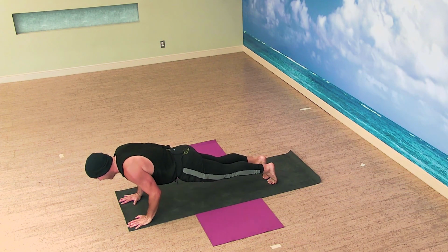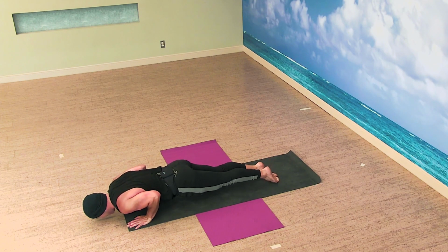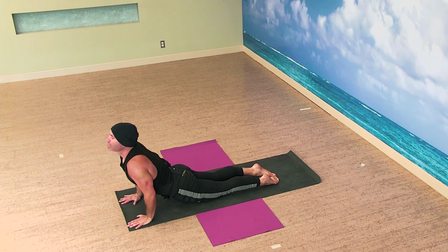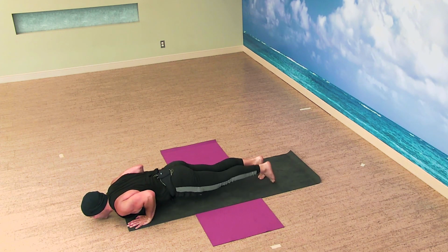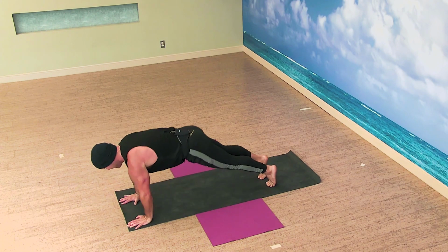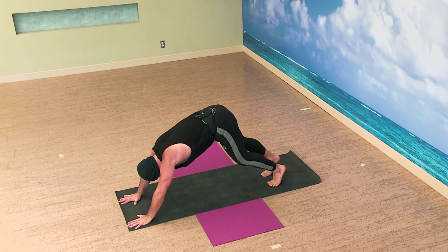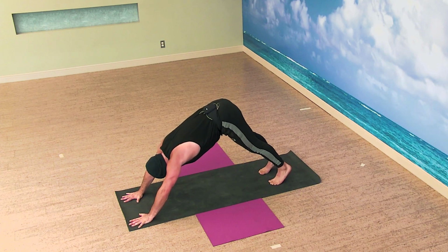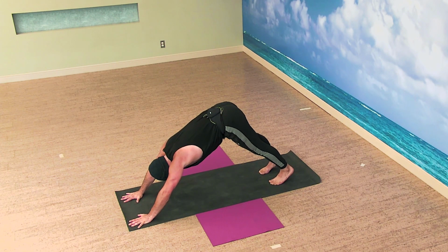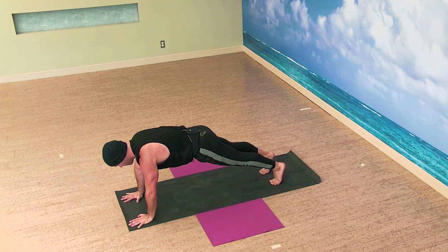As we lower gently, nose to the floor, forehead, holding it. Tops of the feet press, shine the heart up. Yes, and then back down. Curl the toes, push up, down dog. Pedaling out if need be, if we feel, or keeping the stillness. Ripple forward, find the plank. Holding the plank for 3,